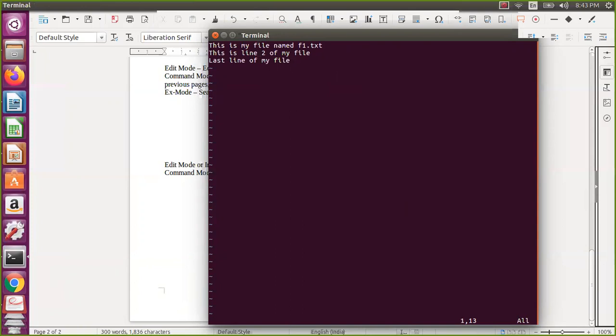Now let us assume I want to write the same line here also in the fourth line. What I need to do? As of now I am using the arrow keys. Arrow keys only work in the command mode. Don't try the arrow keys in the edit mode, it may not work. Now let us assume I want to copy this. Then I just say yy, and then p. Now it pasted.